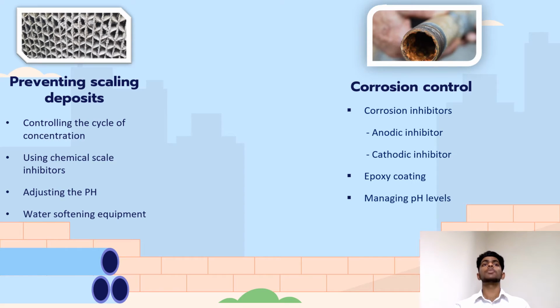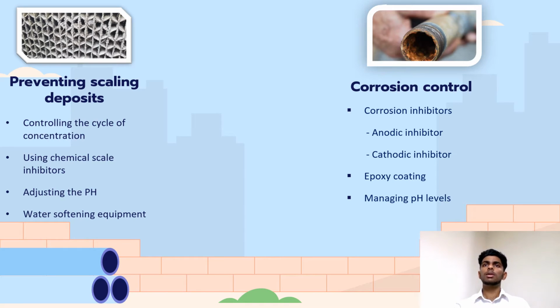mineral buildups. And then the second one is using chemical scale inhibitors. Chemical scale inhibitors function either through selective absorption on growing scale crystals in which the crystal structure is converted into a type that does not form a hard scale, or through chemical reaction with scale-forming ions in which the ions are converted into non-scale-forming materials.